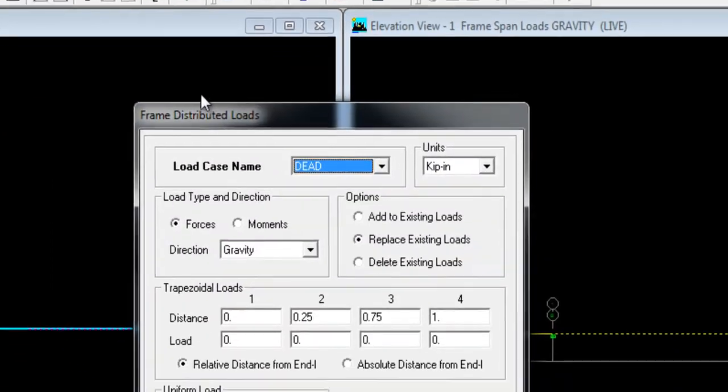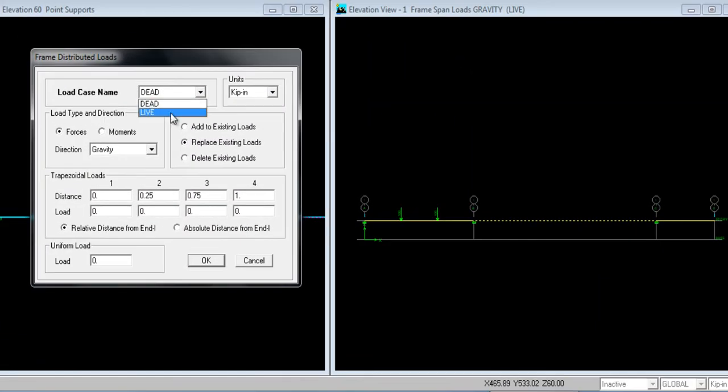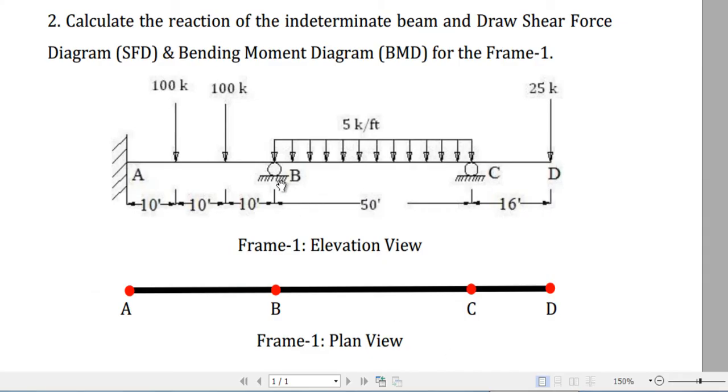Select the distributed load, again change the load case name to Live, unit keep, feet, and absolute. Listen, there is an option here: trapezoidal load and uniform load. If your beam has a uniform load from A to B, then you can select the uniform load option. But if your beam has a triangular or trapezoidal shape load, or the distributed load does not continue throughout the span, then you have to select the trapezoidal loads. In our case we have a distributed load throughout B to C, so